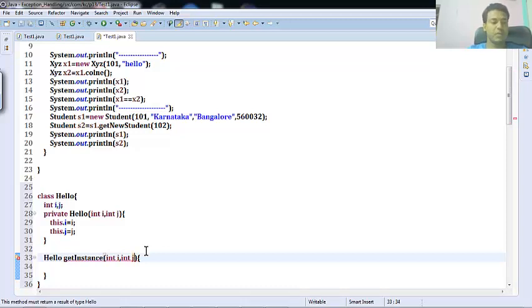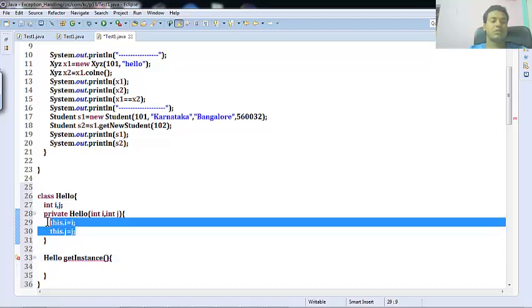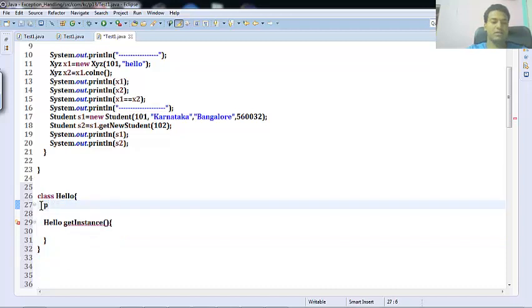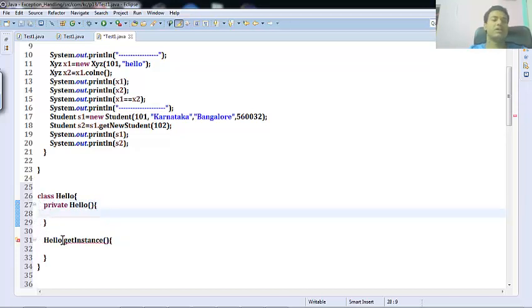Or actually, when it is a singleton pattern, the arguments should not be there. So if you don't want this, that is also fine. In that case you have to say just private Hello of this, right? The constructor is declared as private, and it is saying getInstance here. Private means from outside you cannot call it directly, you have to call it inside the class only. So this has to return